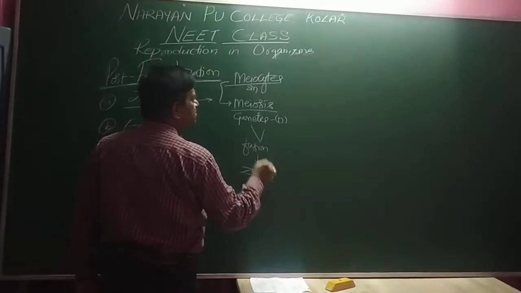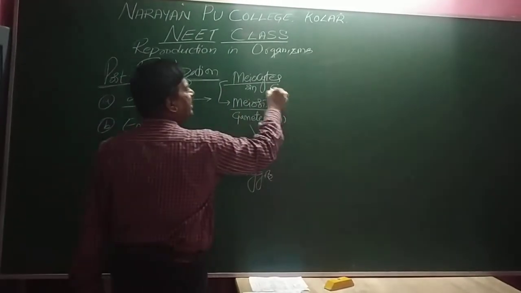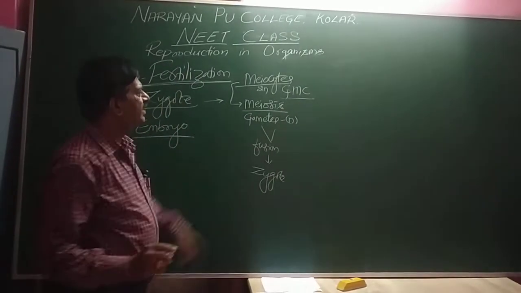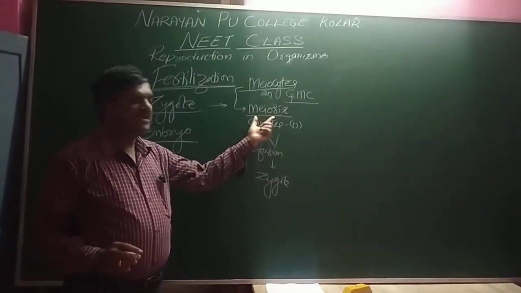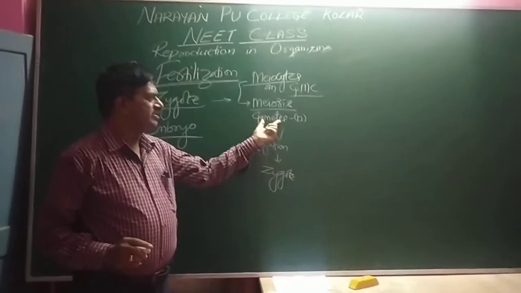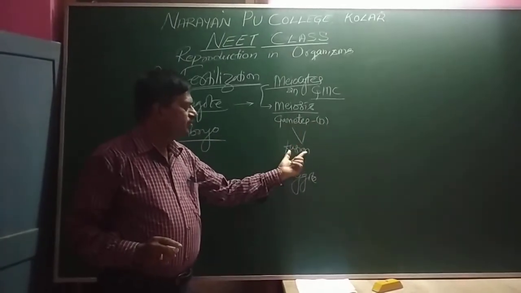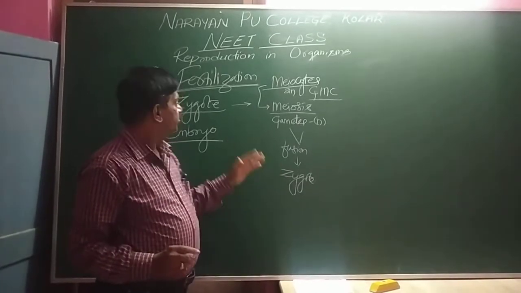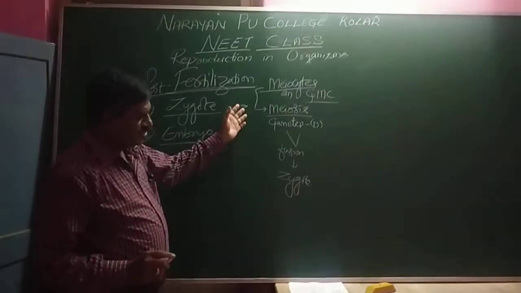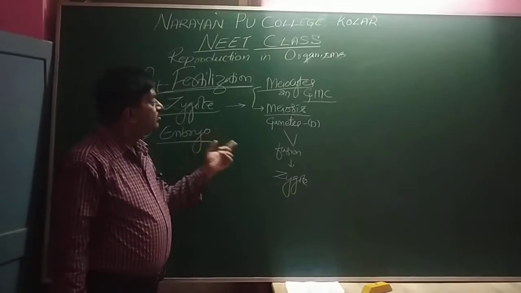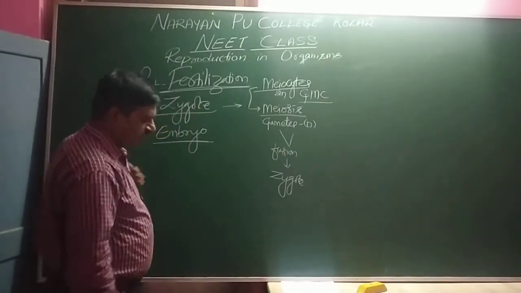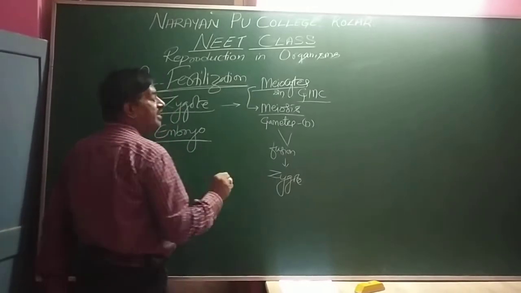The meiocytes are nothing but gamete mother cells. Gamete mother cell undergoes meiosis to produce gametes. Gametes are haploid. The fusion of gametes leads to the formation of a zygote. So the zygote may be produced by two different parents. This is one. Now, in plants,